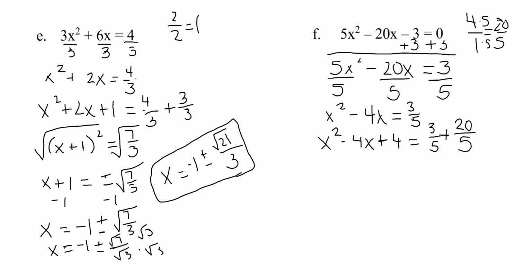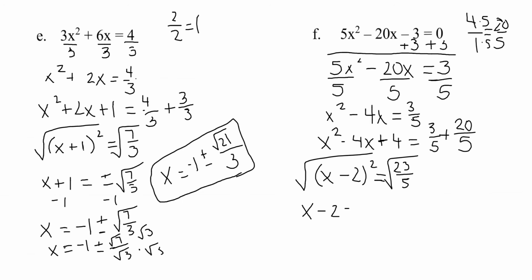When I factor the left-hand side, I will get x minus 2 squared is equal to 23 over 5. And then we'll take the square root of both sides. And I'll have x minus 2 is equal to positive and negative square root of 23 over 5. We'll add 2 to both sides. So I get x is equal to 2 plus or minus the square root of 23